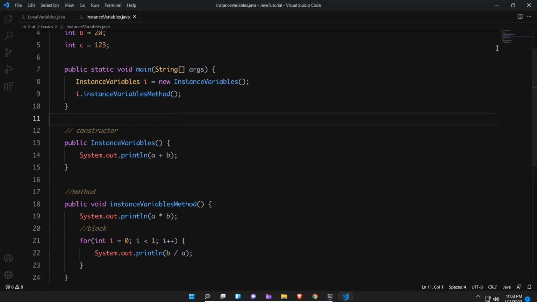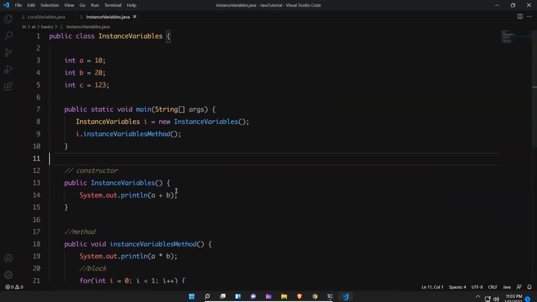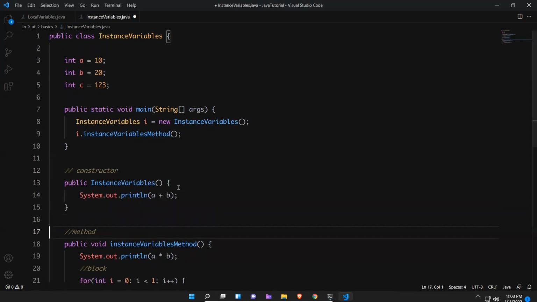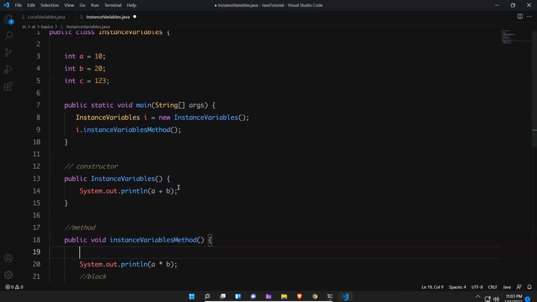Okay. So in this method, I don't want to use A is equal to 10. I want to change the A value, so I can directly write A is equal to 50. But don't put int here, because then it is a separate variable. If I want to use the same A, don't declare it again, since we already initialized it. A is equal to 50 means now the A value is replaced, 10 with 50.